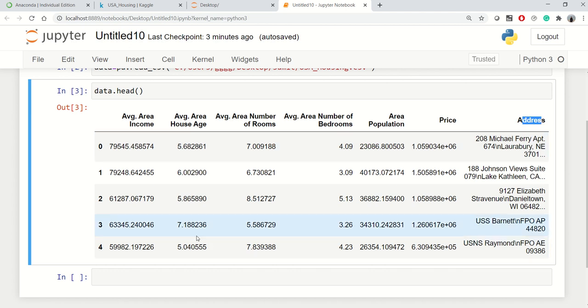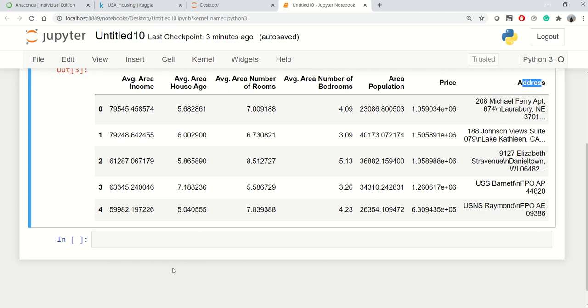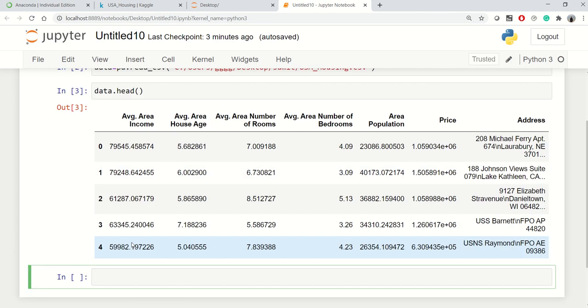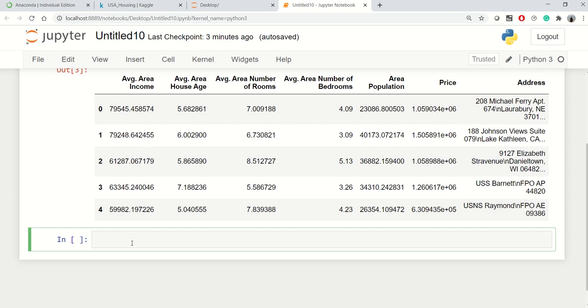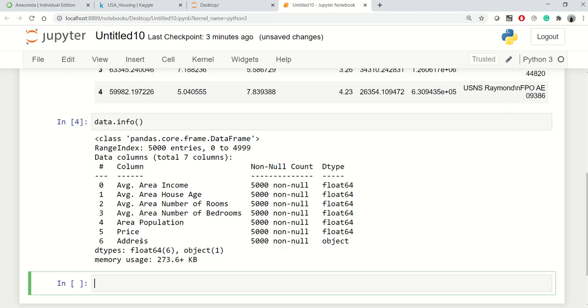If you want to get more information about the values of the data, you can call some other methods of the pandas data frame, like the info method. If you say data.info, that would give some additional information about your data.